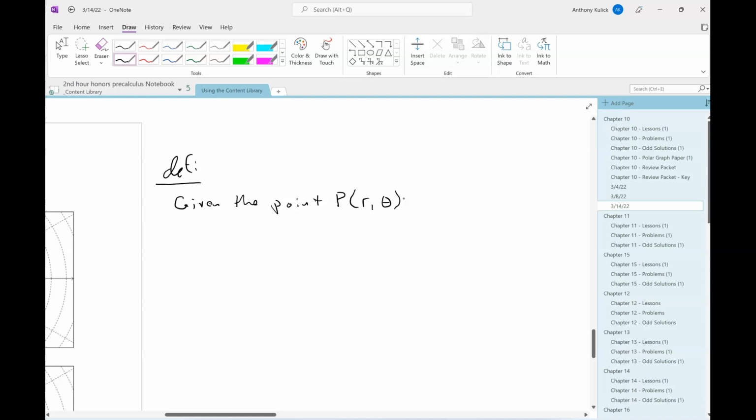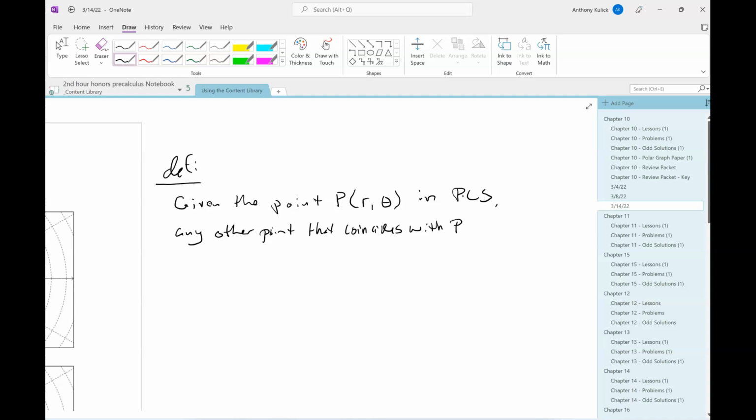So given some point r comma theta in the polar coordinate system, any other point that coincides, what do we mean by coincides again? So that means it's in the same place, right? Coincides means they're like right on top of each other. Coincides with P, must be of the form